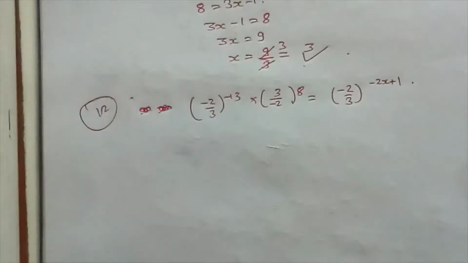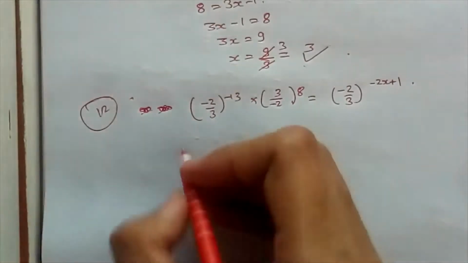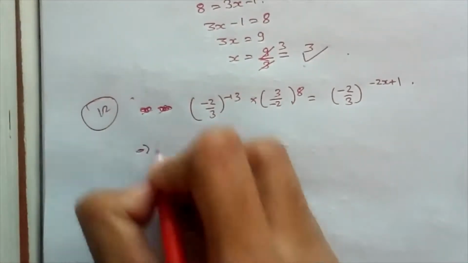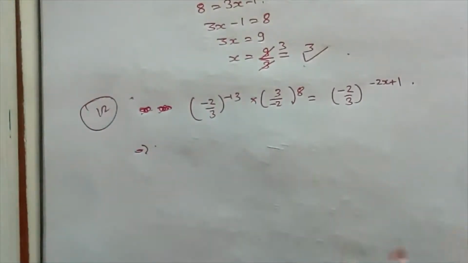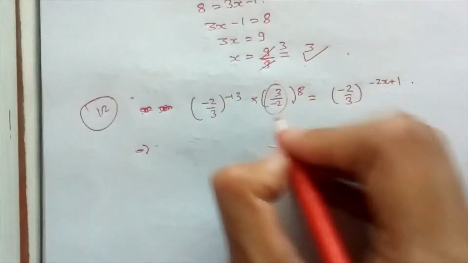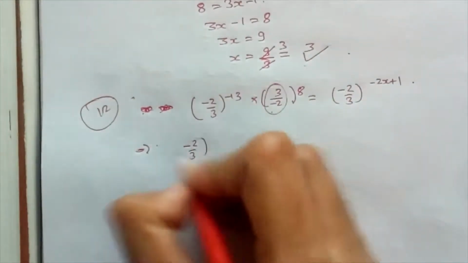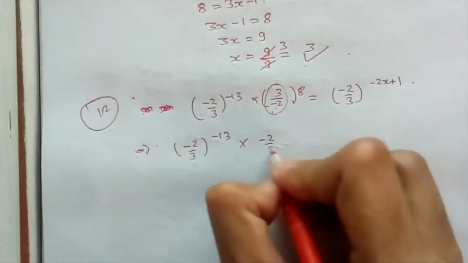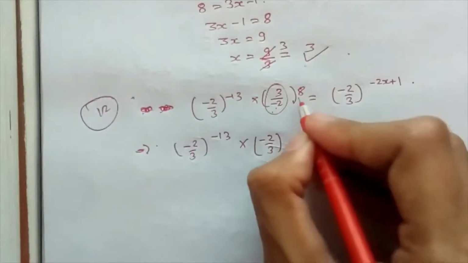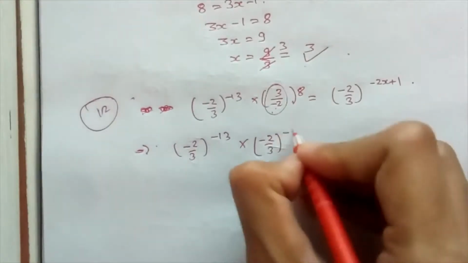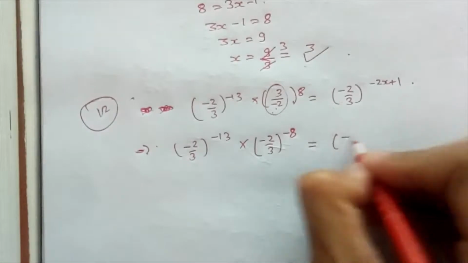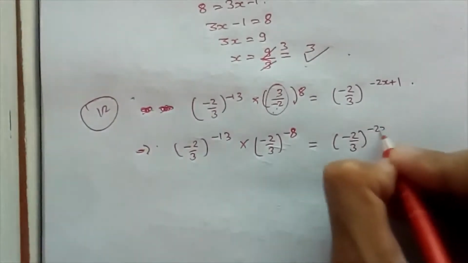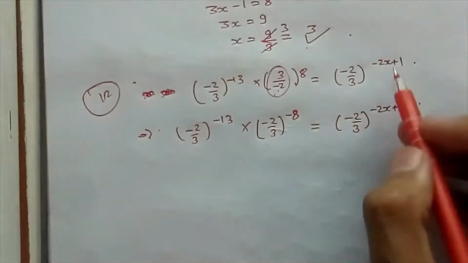Similarly, there is question number 12, where we also have to find the value of x. Let's quickly solve it. Let's equalize the base first. So here, reciprocating it, the sign of the power will be changed. It's positive here, then it will become negative, and we just write the other terms similar to the question.